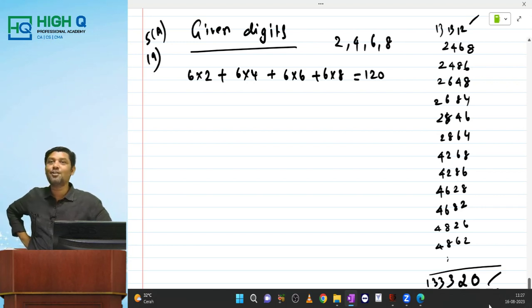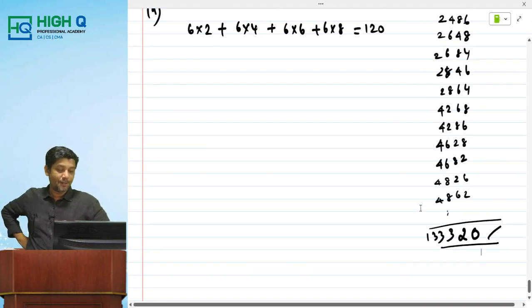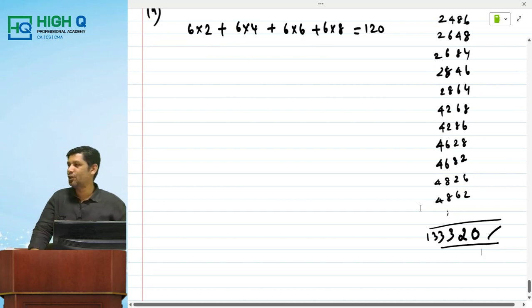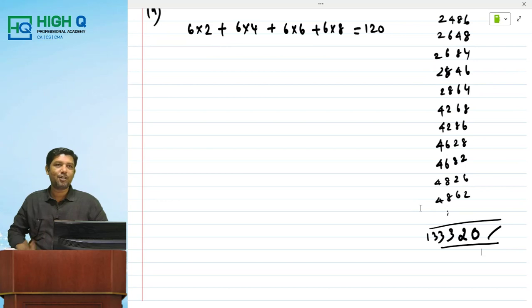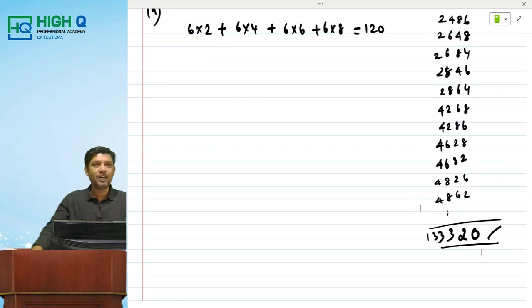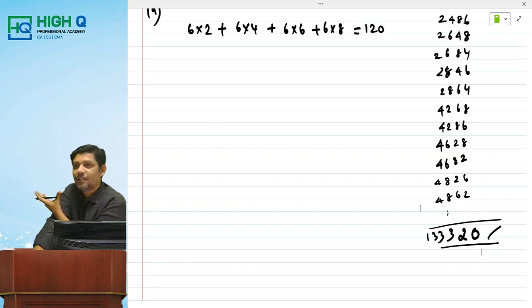You want to follow? This is logic. This is what they ask you to find out. You have to add all the 24 numbers and this is the answer you are going to get. It's very simple logic what I said. 24 numbers will be formed, right? What are the 24 numbers? That's what I have written here. These are the 24 numbers. And if I add,